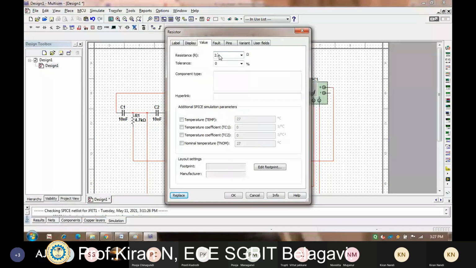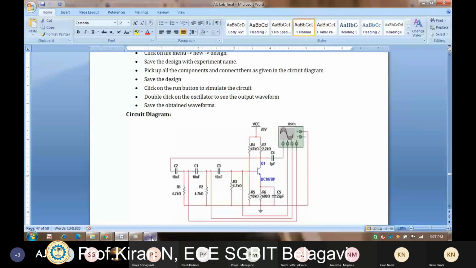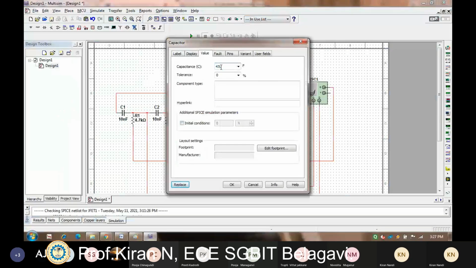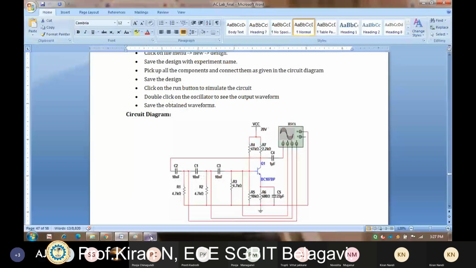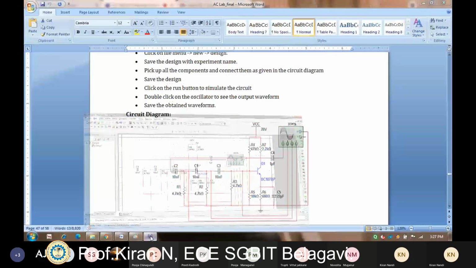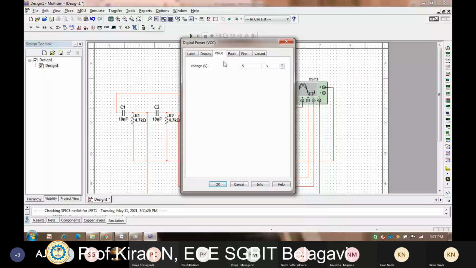Then last capacitor value is 1 microfarad. So it's okay now. So you can check here. One more value is left, that is VCC. I'll change it to 20 volt. So with this, I have placed all the components and I have connected all the components.